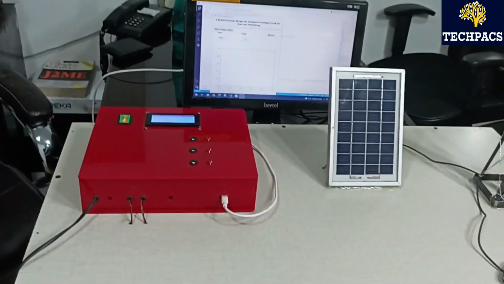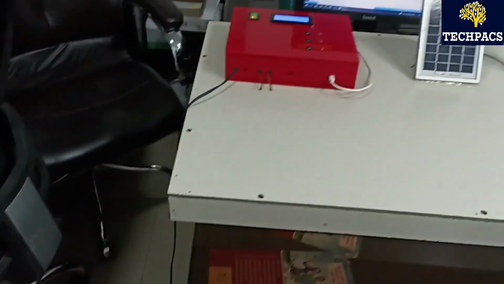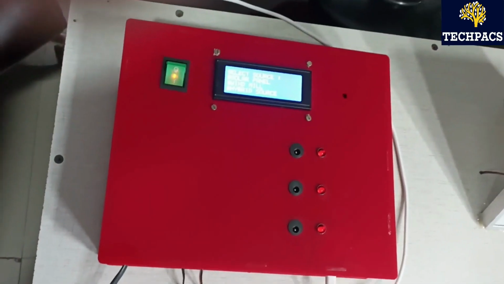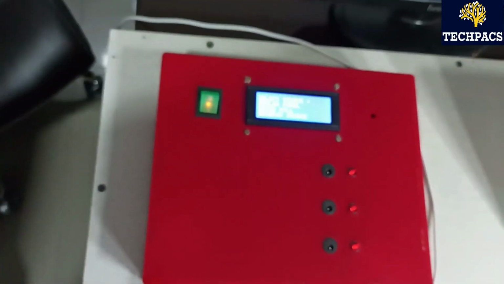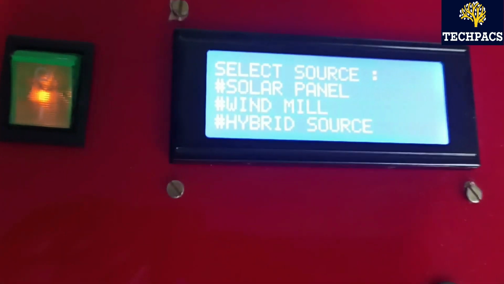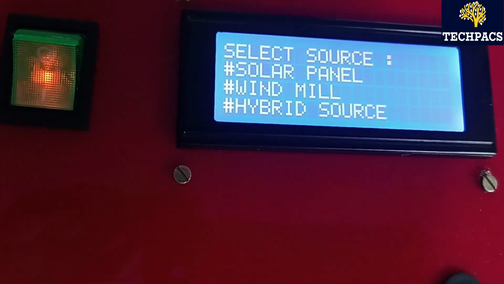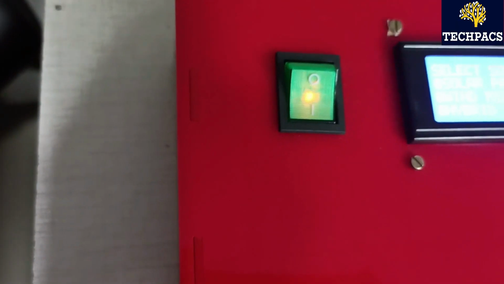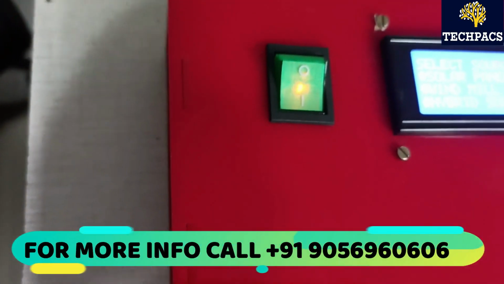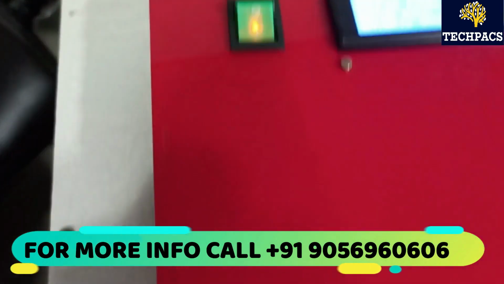Now let's have a discussion on the control panel of this project. So here on the control panel, we have used a 20x4 LCD to display the mode or the source that is being utilized currently. Along with that, it will give the output of the parameters that are being obtained. And here is a power button which is used for switching on and off this entire system.